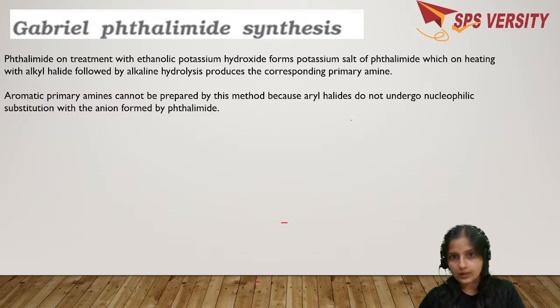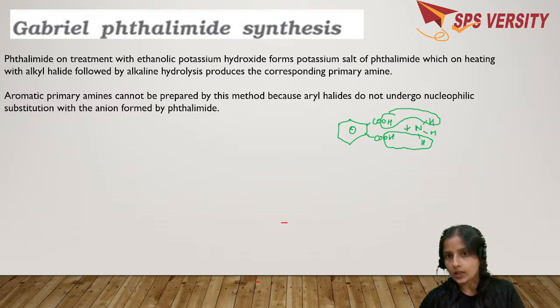This is called phthalic acid, where you have COOH attached to the neighboring positions of the benzene ring, and if you treat it with NH3, two water molecules are removed like this, and you get